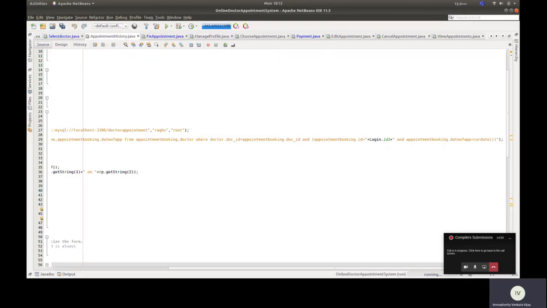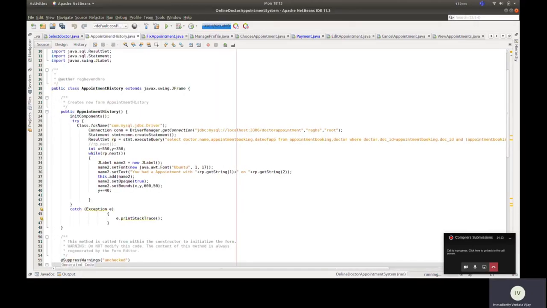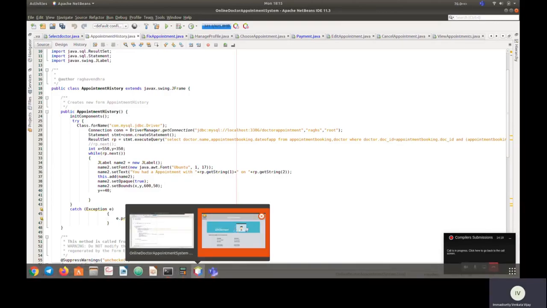Current date means the database will take today's date. So the 6th is less than today's date, so all the appointments before today will be displayed there. That's it. Thank you.